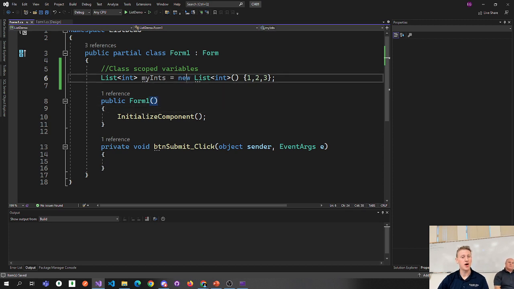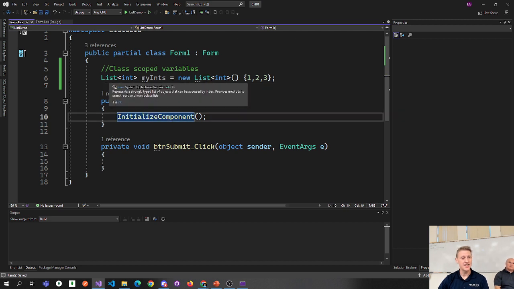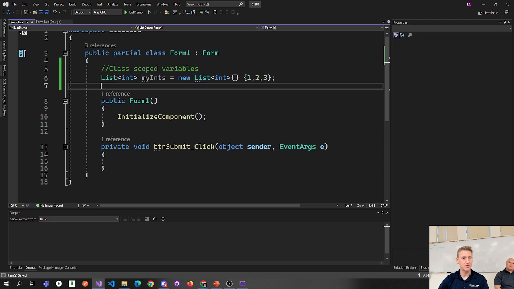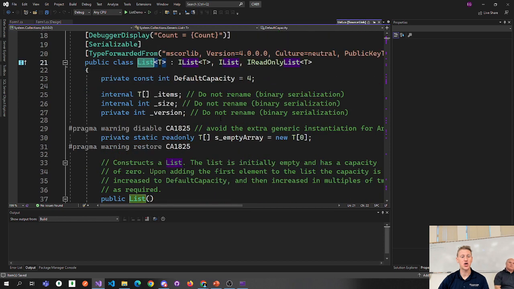But we are in fact creating an object here. Its data type is a list of integers. It's worth noting that anytime you see this light blue color, I can hold down Control, and do you see how my cursor changes to a hand? If you click on that, you can actually inspect the C# code